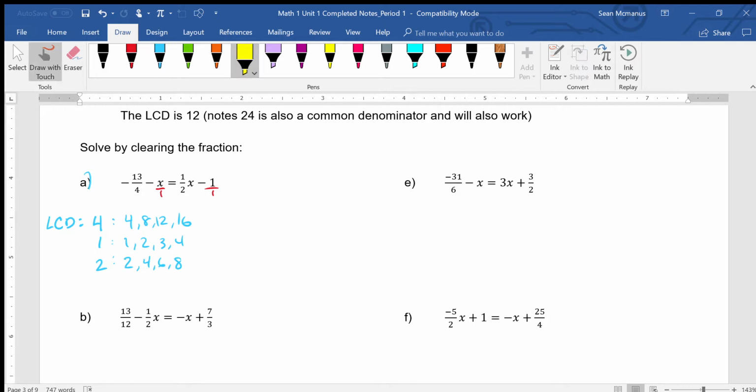So if I think of what's the lowest number they all share, right, 4, they all share 4. So what I'm going to do, and maybe it was easy to see at the beginning, but I want to at least show the process if you'd like to use it. So what we're going to do on each of these to solve, I just rewrote our problem, is we are going to take the lowest common denominator